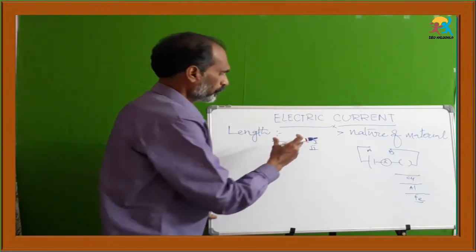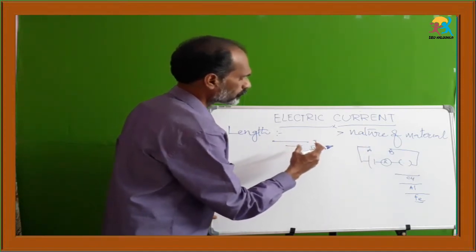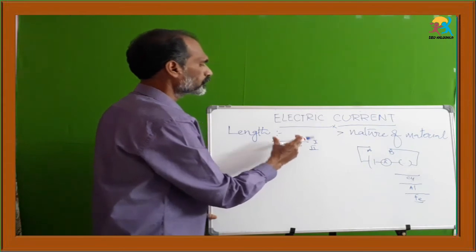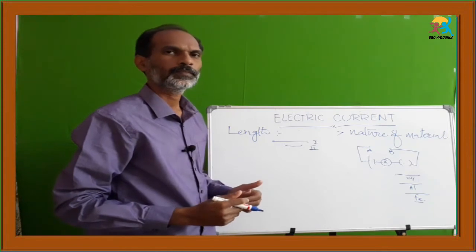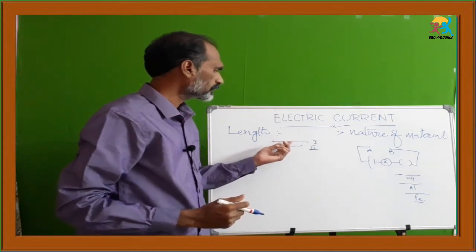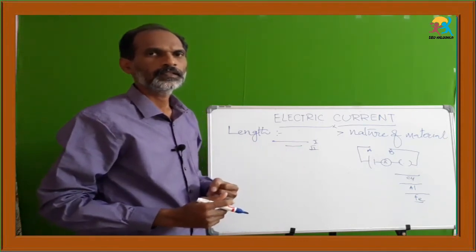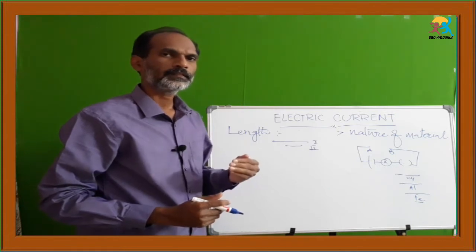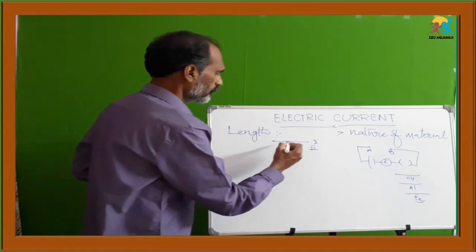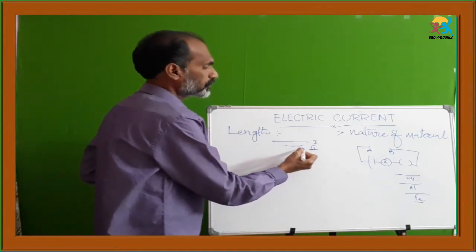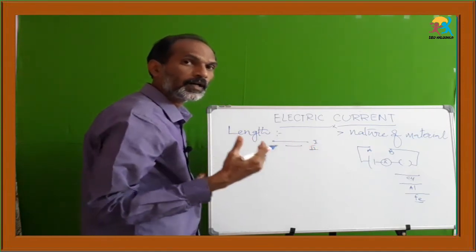Note that value. And in the second instance, if the gap AB is filled with this first metal, it shows a different value. It means when the length is increased, the resistance of the substance also increases. The length of the conductor is directly proportional to the resistance of the conductor. If the shorter element shows lesser resistance, the longer conductor shows higher resistance.